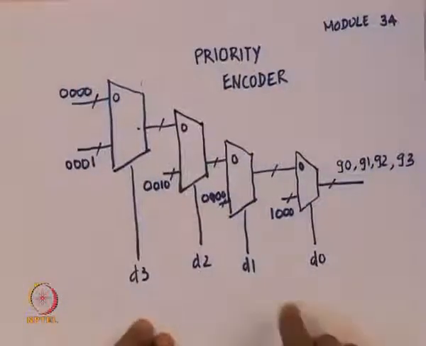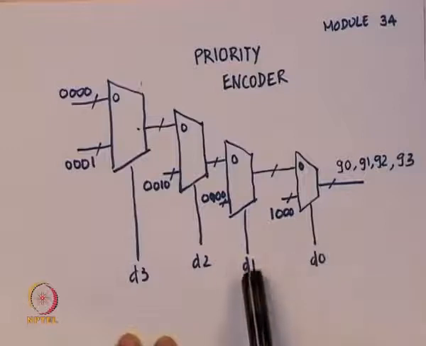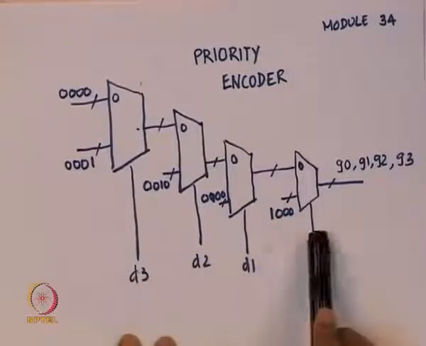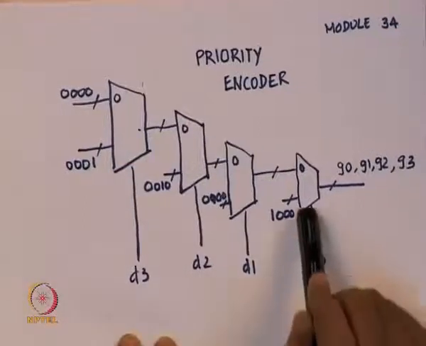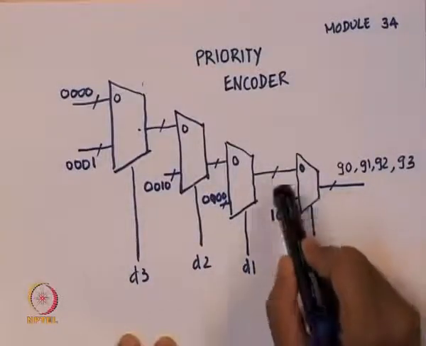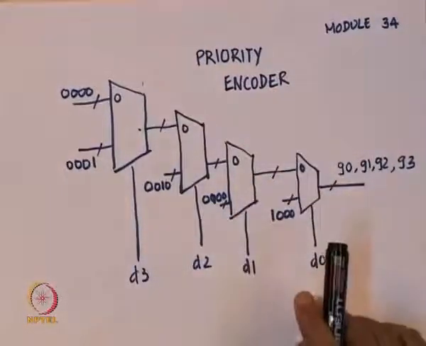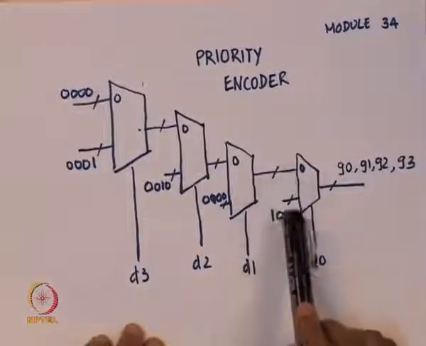What you are looking for is, in some sense, priority of one line over the other. So let us look at the picture here. I have already drawn the hardware diagram that I want. This structure is called a priority encoder. What we have is devices[0], devices[1], devices[2] and devices[3]. These are 4 single bit values. I give them as a select to a mux. This mux is a 2 to 1 mux, as in it takes 2 inputs and puts one of them at the output, but each of these lines is a 4 bit line.